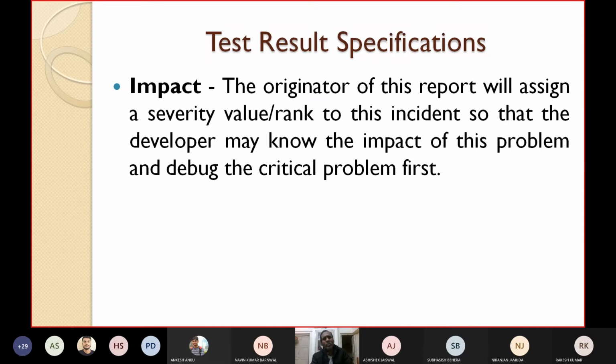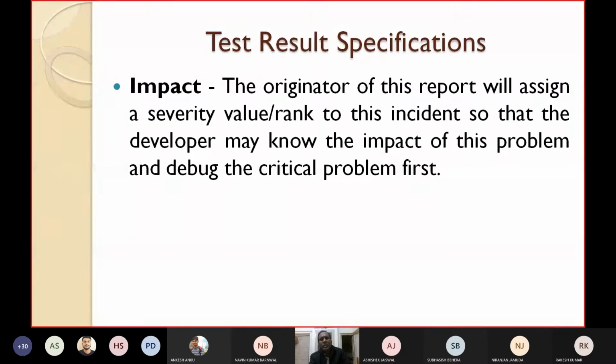Then you have to also write down the impact. Impact means the originator of this report will assign a severity value or rank to this incident. How important is this incident? Is it seriously important, or minor, or major, or moderate?